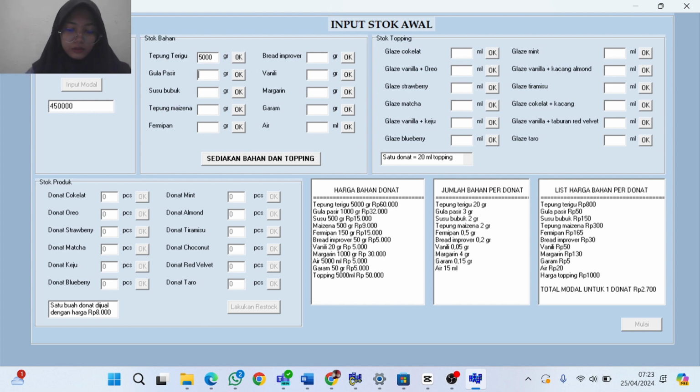Then sugar, milk. Here for all toppings, I enter 500 milli only.